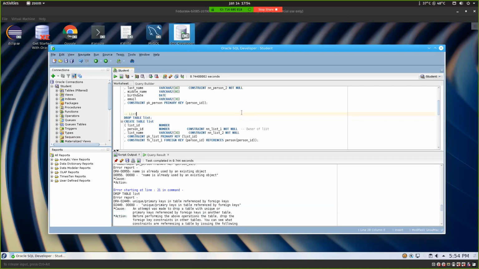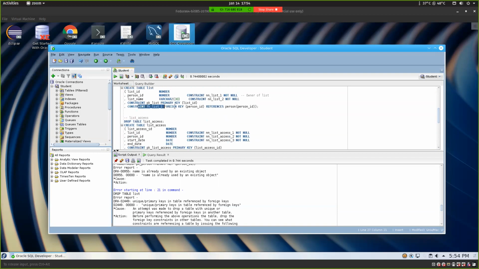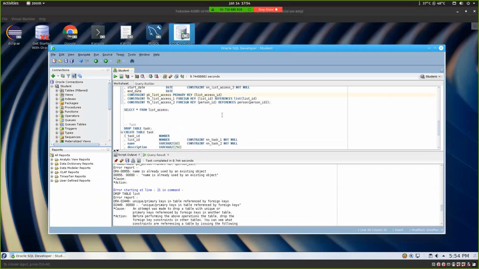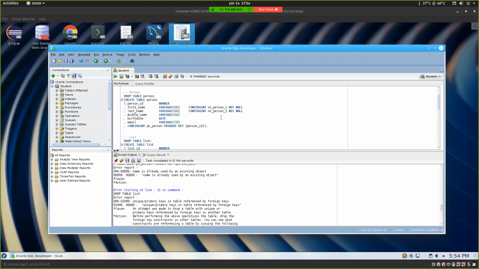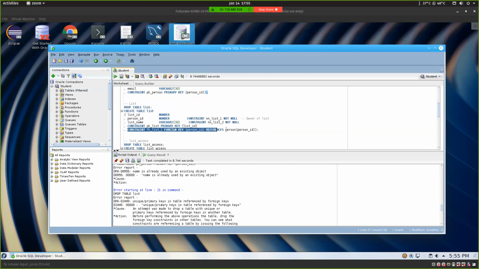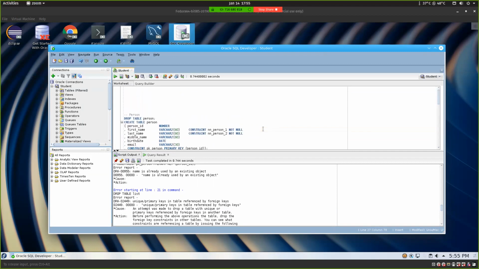So now that we have built these foreign keys specifically that reference other primary keys, we have hierarchy, right? A person owns a list. So let's say that I tried to delete the person table. What do you think happens here? The answer is it's not going to let us, right? As we just saw. So the reason I wanted to show you this is that's why we have that cleanup script that you guys are going to be running pretty consistently, because what the cleanup script does is it deletes everything